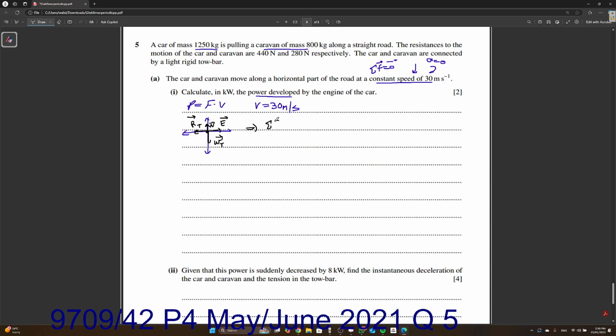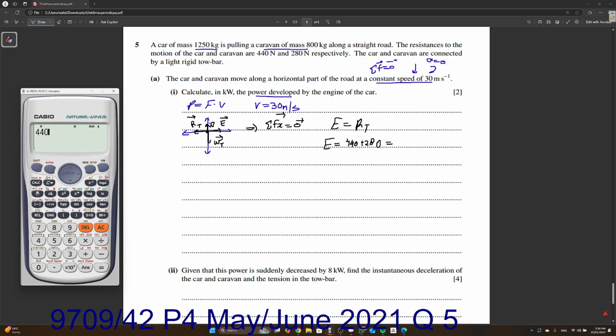That means sigma Fx is equal to 0. So E is going to be equal to R total, and R total is the sum of both 440 and 280. This is the way I like solving. So E is equal to 440 plus 280,